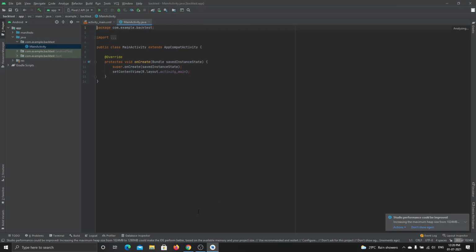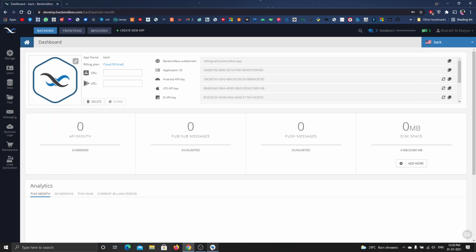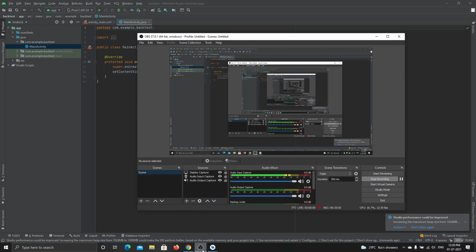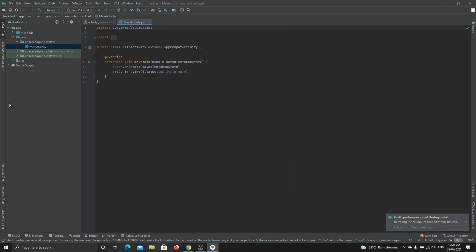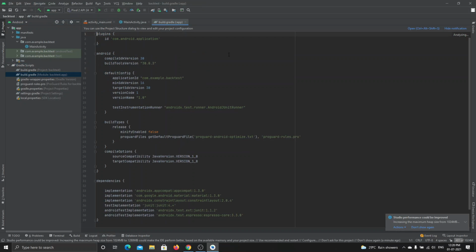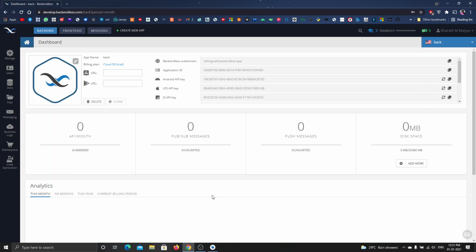Now it will completely build the new project. Okay, now before going into this project, I want to include some Gradle scripts here to get access to the backend list, or to include the backend data. We should include some lines of code inside this build.gradle, inside the dependencies. So before doing anything inside this, I will just go back to the Chrome,